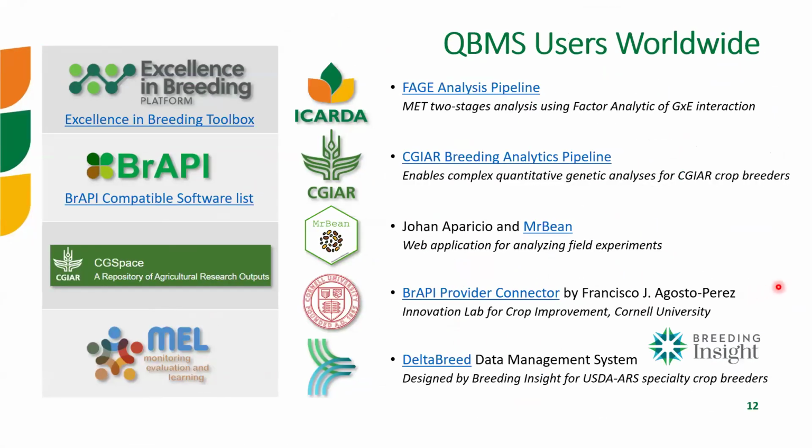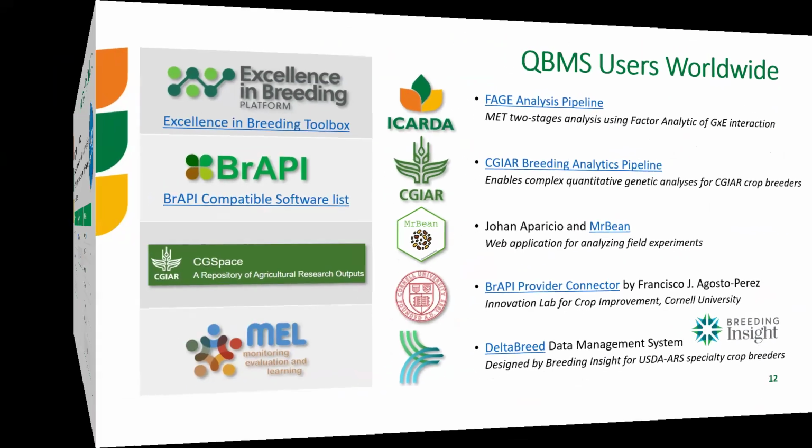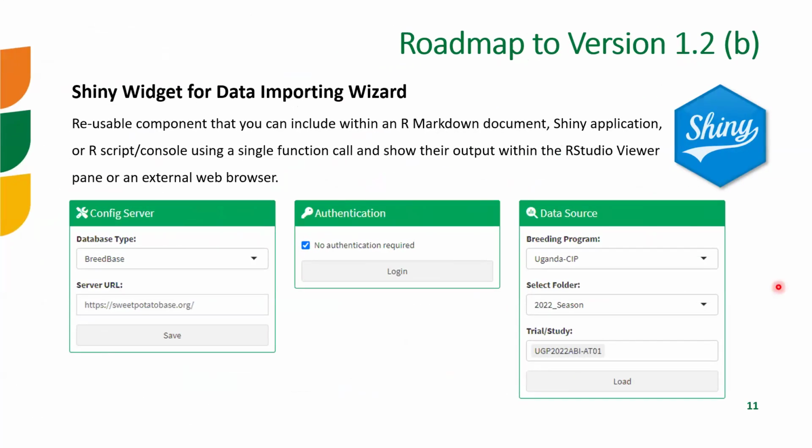So before moving forward, we have two questions. Yep. Does the QBMS package applicable on different types of omics data, such as proteomics or transcriptomics data? I did not get the question. Okay, sorry. So the question is if the package is applicable on different types of omics data, such as proteomics or transcriptomics. It means that maybe will you add in the future any kind of omics